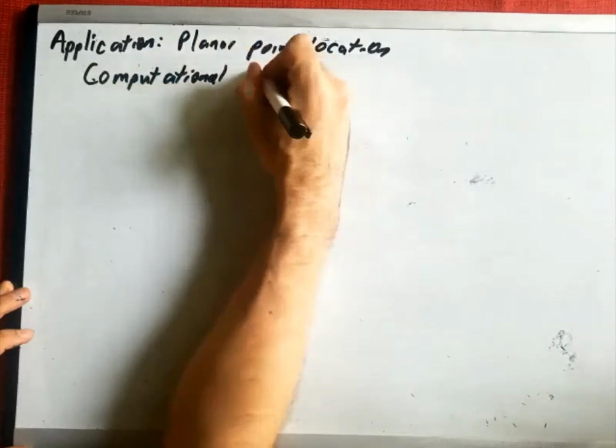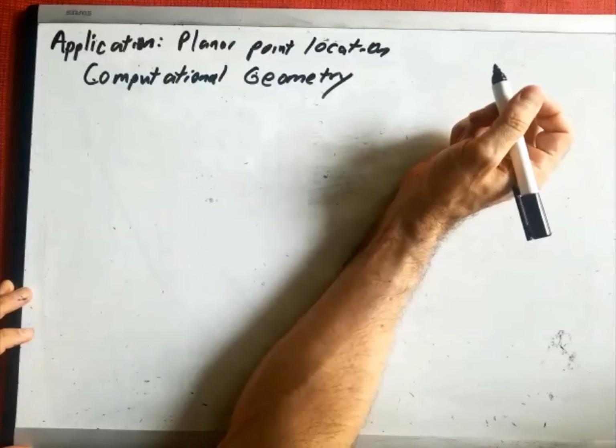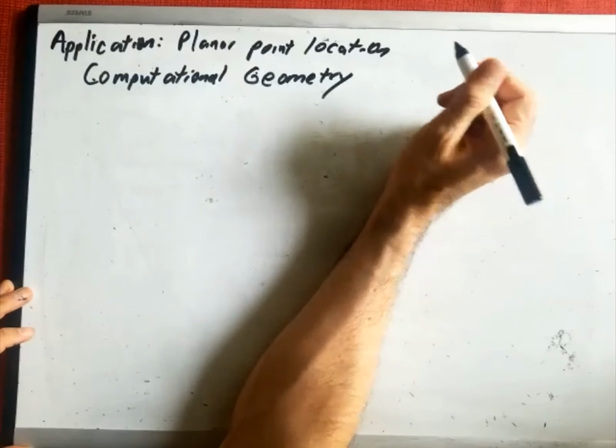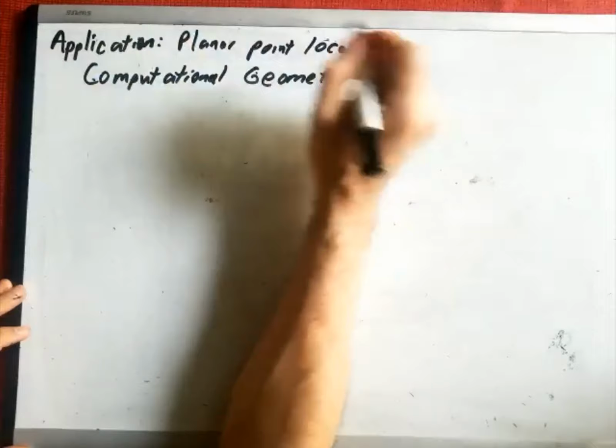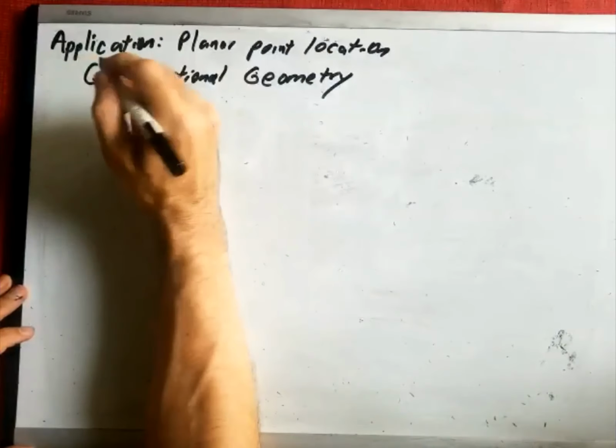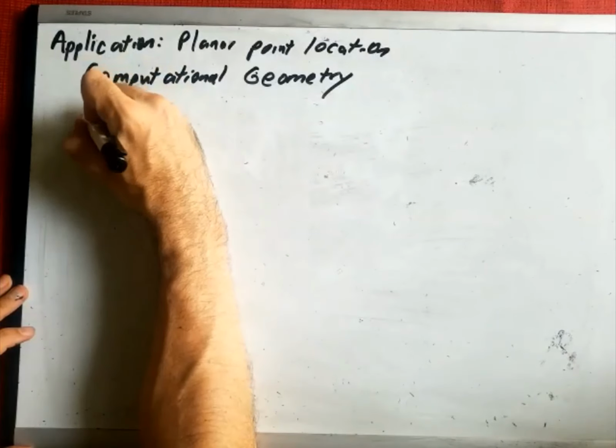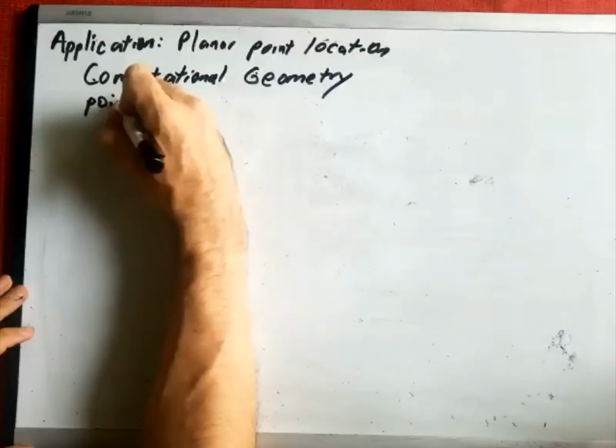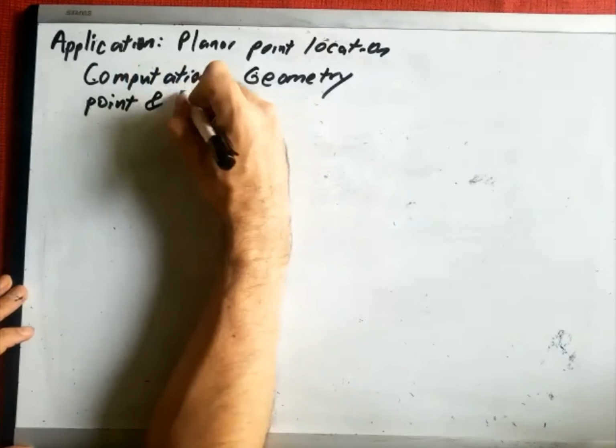And this is a field that we will be spending some more time on later on in the course. But what fundamentally differentiates computational geometry is that it's looking at problems involving points and lines in space or in the plane